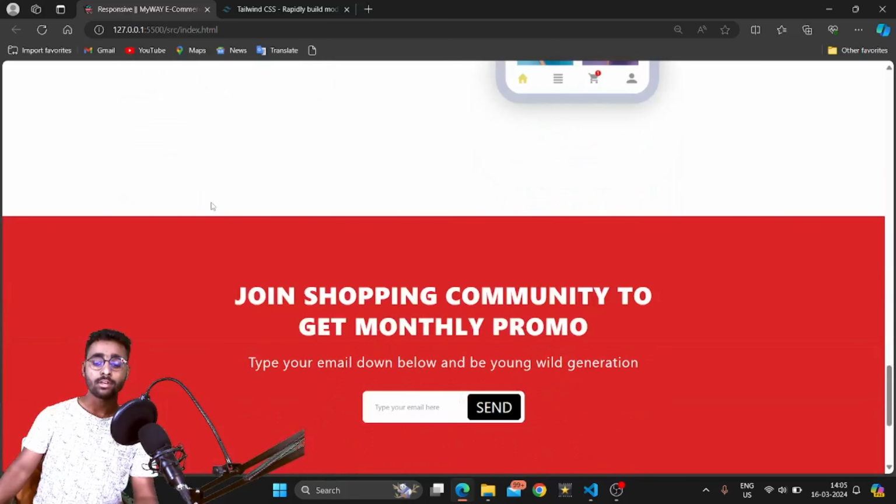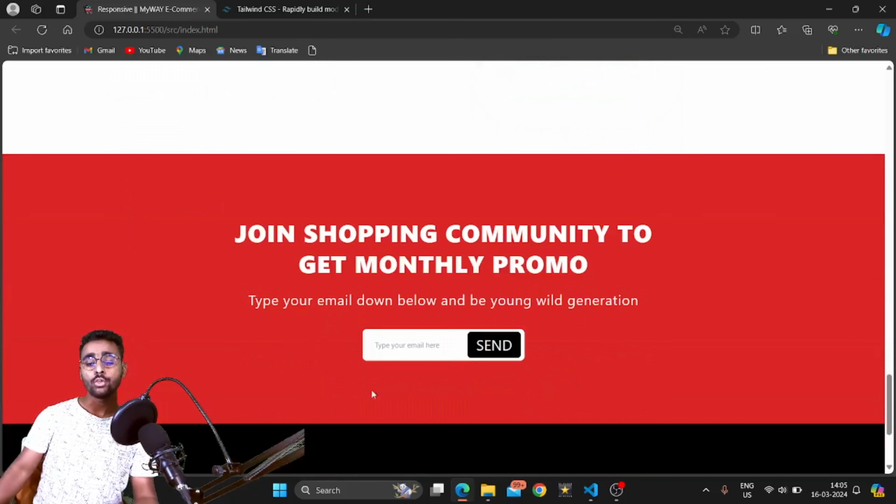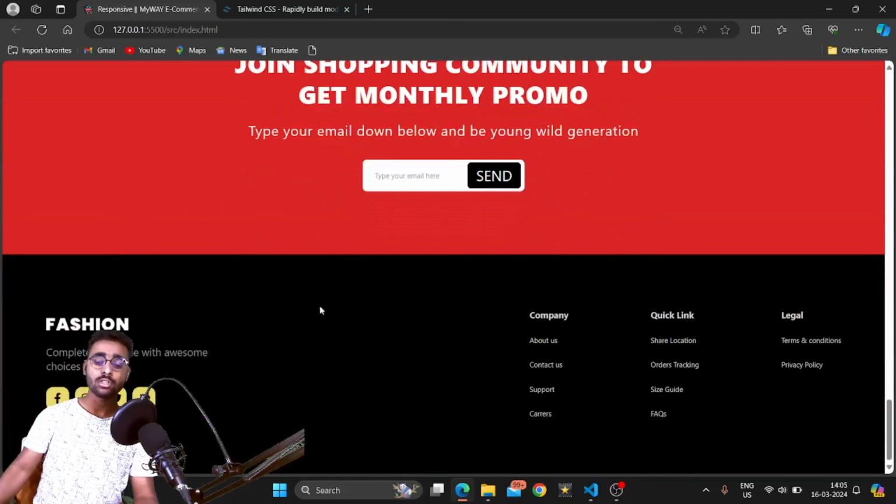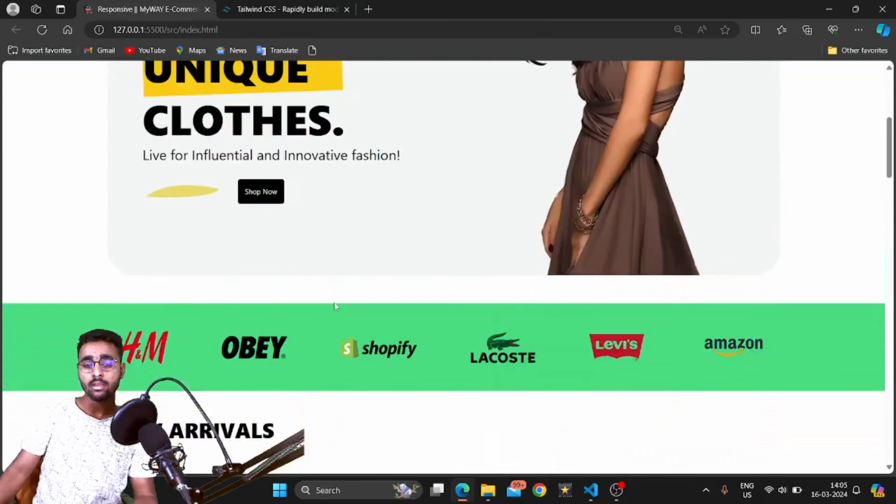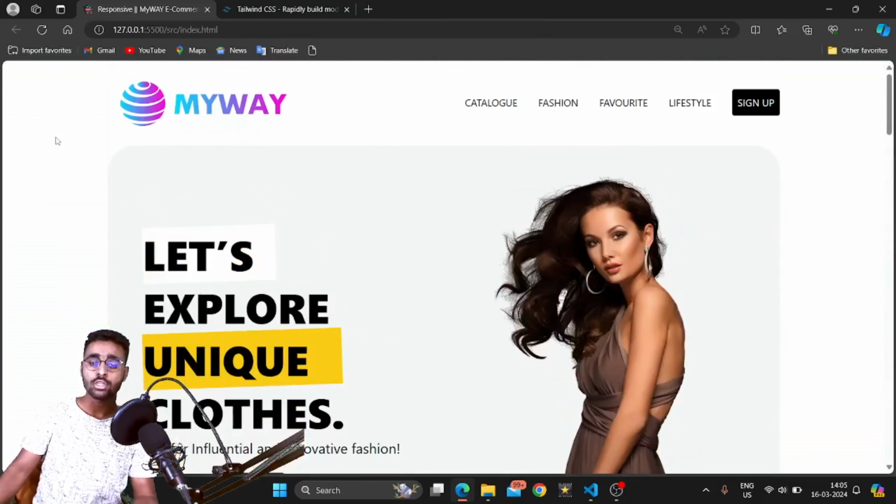After that we will implement one newsletter section. After the newsletter section, the final section, which is the footer section. So this is how we will implement our application. So we will go one by one. First we will implement our navbar section, and